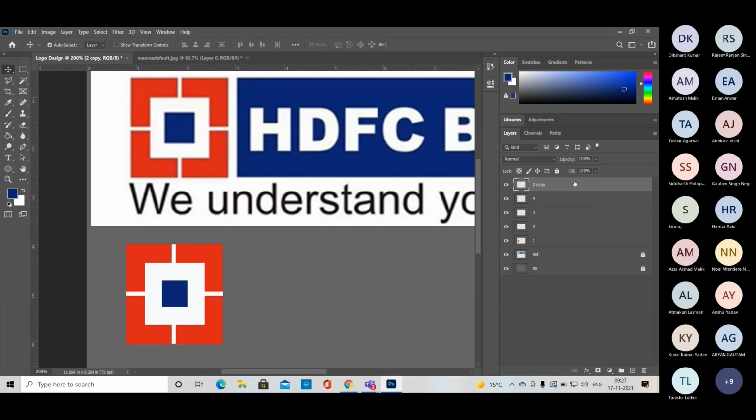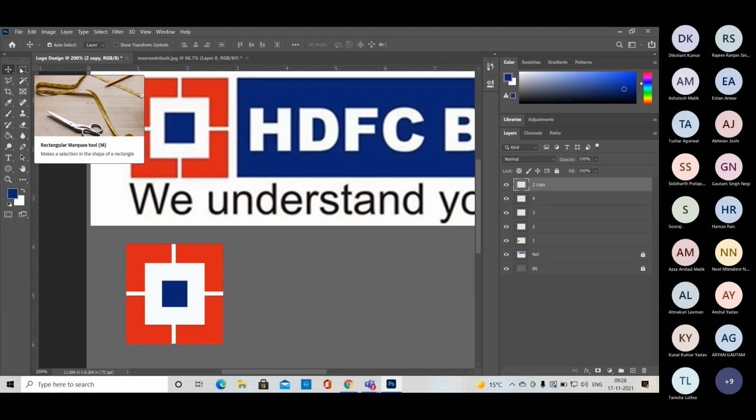So you can see when it comes on top, because it's in the foreground, this one is in the background, this one is a deep background, right? So in this way we can change the design. We need to understand the foreground and background. So we can easily design anything with the help of very basic tools. We are using very basic tools of Photoshop, right?